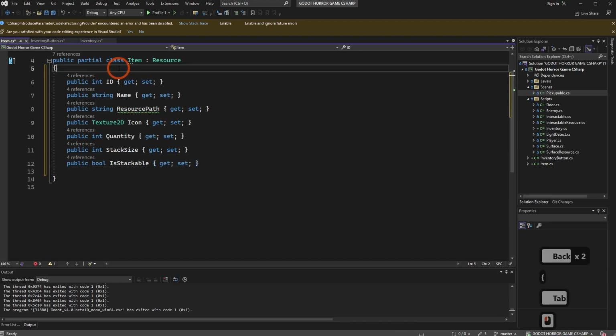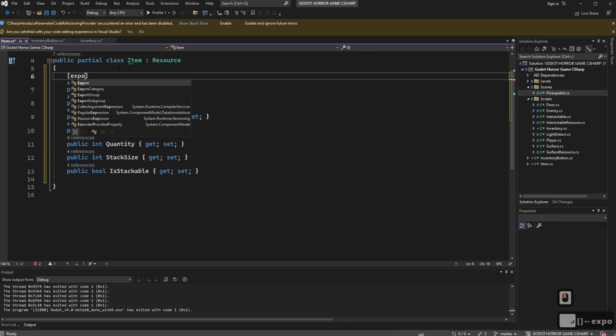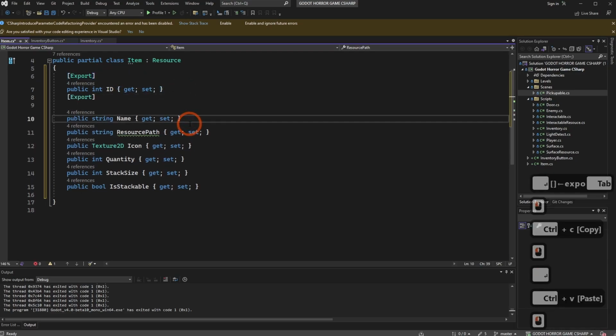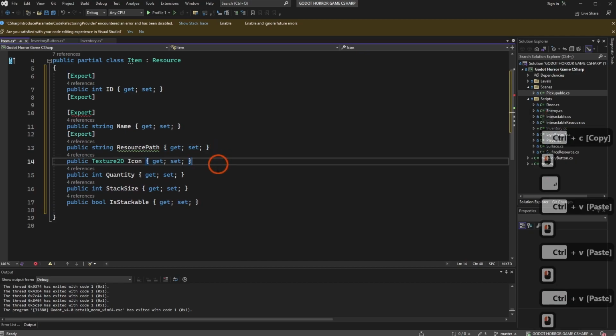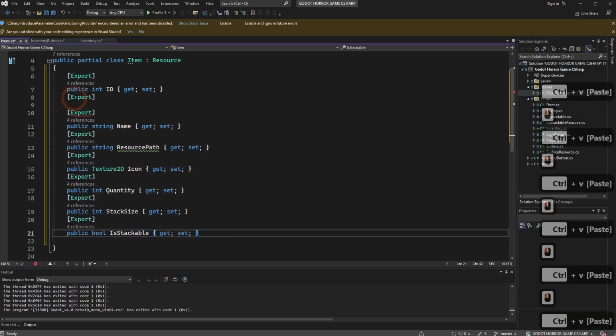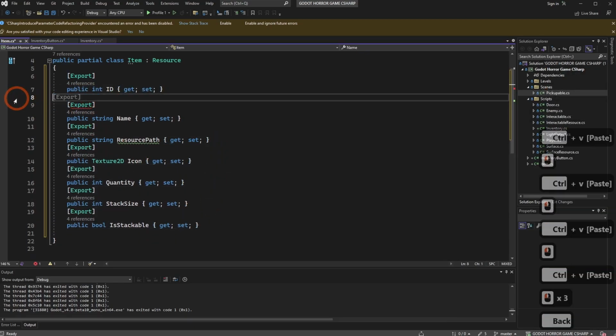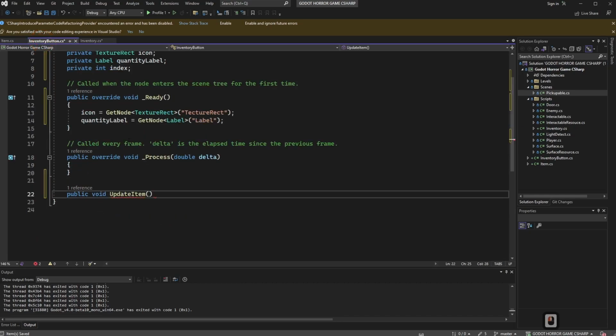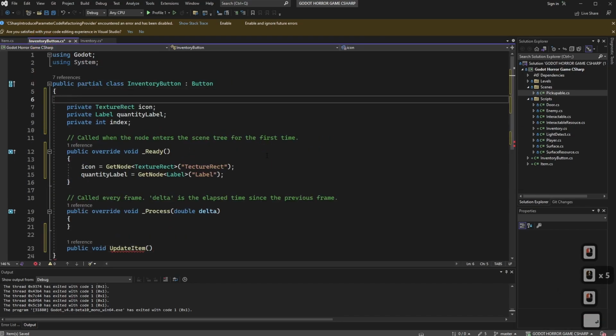And now we just need to export all of these guys because they're not going to show up in your editor if you don't actually export them. So I'm just basically going to copy and paste these guys in like so. And I got an extra export in here, but that's okay. And there we go. Now, if we head back to our inventory button and we scroll up, we can create